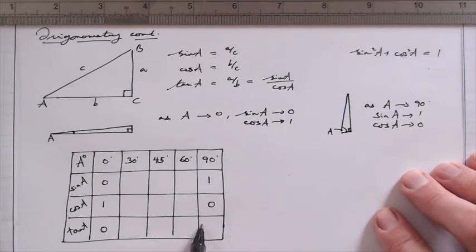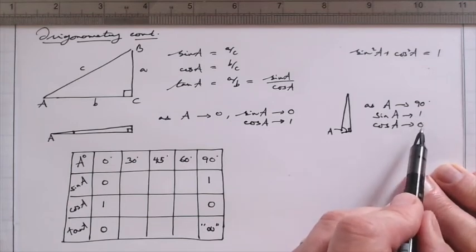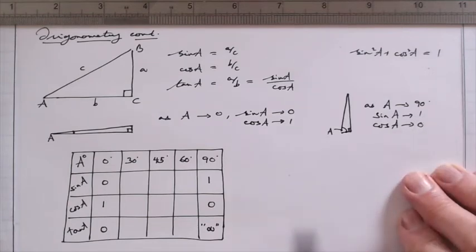So let me, in quotation marks, just put infinity here, and we'll be a bit more precise about this when we start to draw the functions of sine, cos and tan, and we'll see much more clearly what happens to tangent around 90 degrees. But for our purposes here, it goes to infinity as the angle A approaches 90 degrees, because you're dividing a number very close to 1 by a number very close to 0. Okay, now